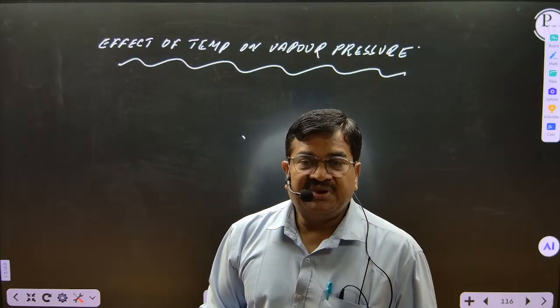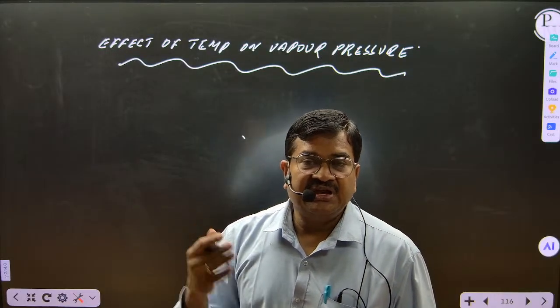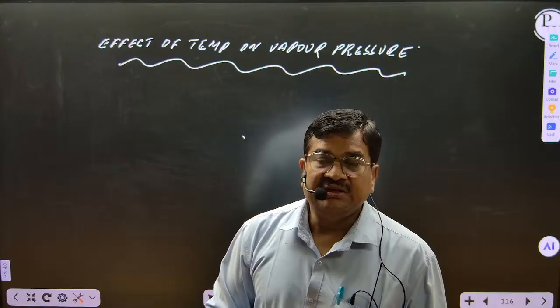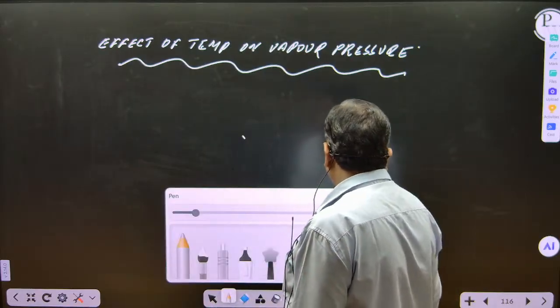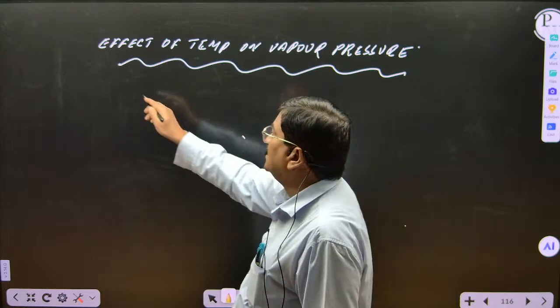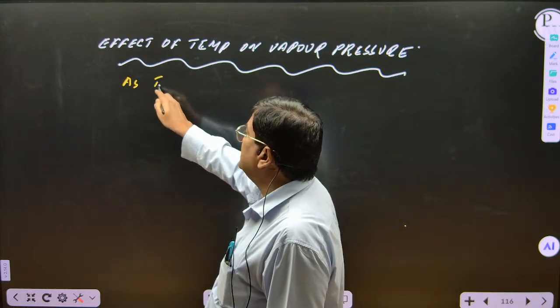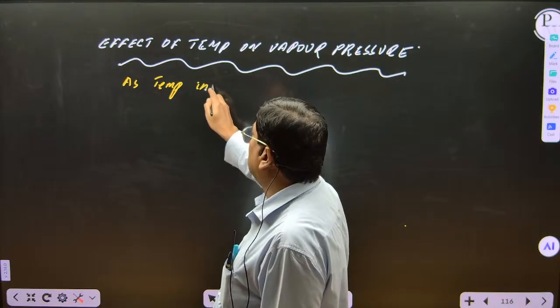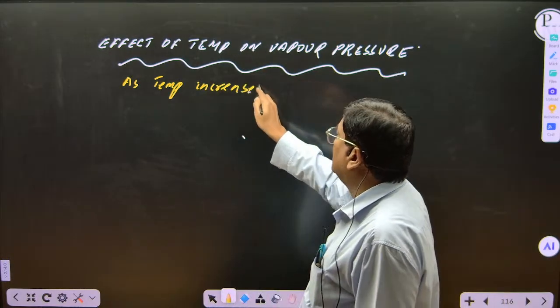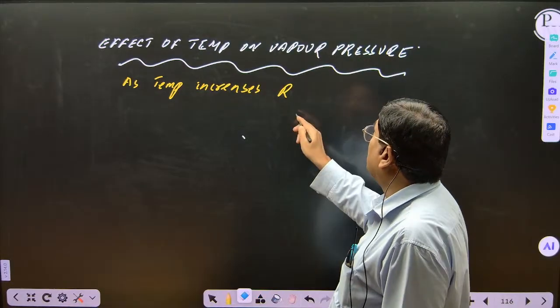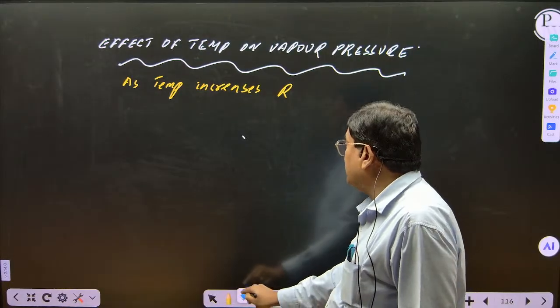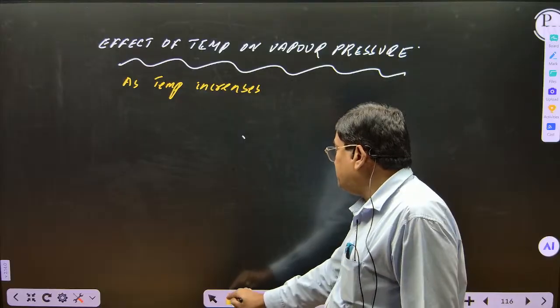That means as temperature increases, vapor pressure of the liquid increases exponentially. Right, that as temperature increases, the rate of evaporation or vapor pressure of a liquid, you write. Vapor pressure of a liquid